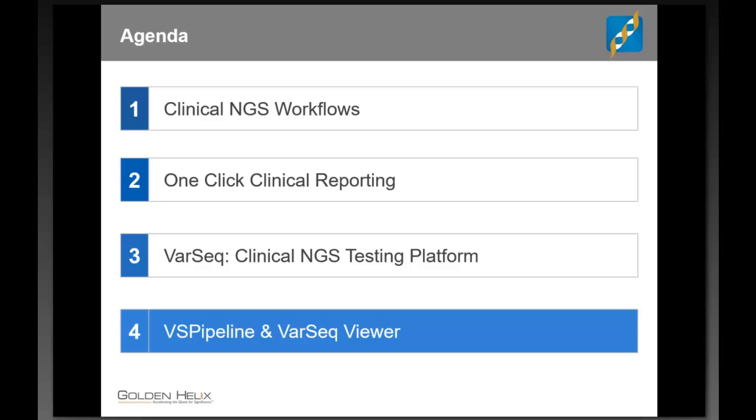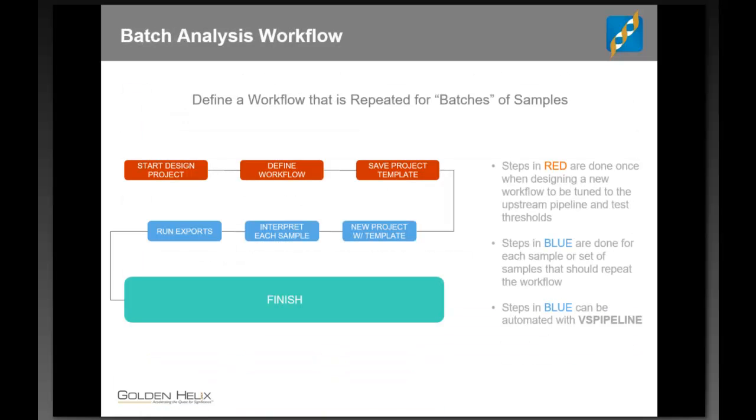Larger gene panels, high throughput environments, or just removing human error, you might want to automate all that. And that's what you can do with VS Pipeline. So that first set of steps we did where we were defining the project, you still do by hand. Once you're ready to move into production, you can put that template into an automated step right after the VCFs